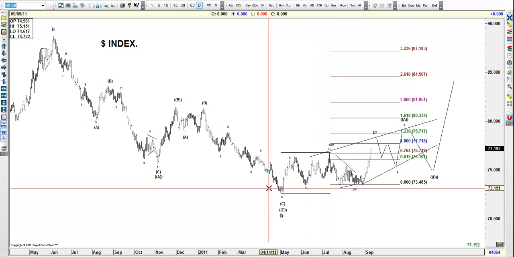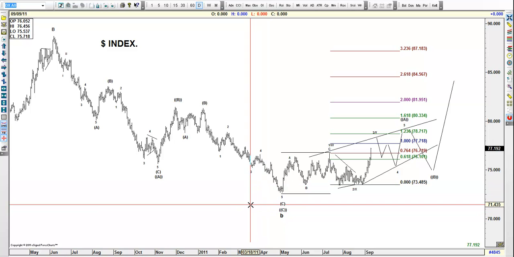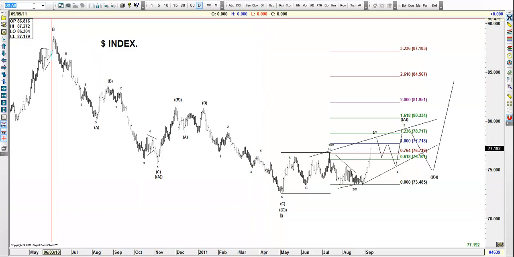Okay, that's on the dollar. The 4 hours and the 1 hour, you guys know the counts already. So technically that's the dollar on the weekly, because this is the weekly video. We only concentrate on the weekly and daily charts, and then tomorrow in the seminar we go deeper into the individual pairs or counts.